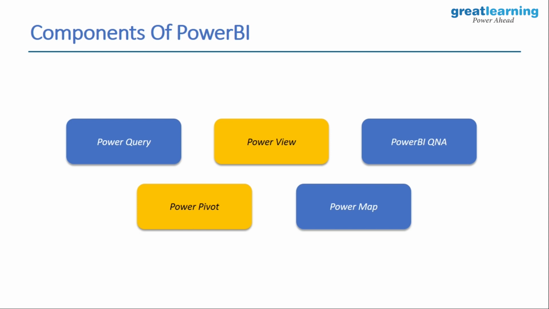Now, when you talk about mobile apps, these are important. One, you cannot make changes to your data or to your visualizations when on mobile. But let's assume that you're stuck somewhere and you need to take a look at a report that has been sent or a dashboard that has been shared. If somebody shares it with you on your phone and you have Power BI, you can take a look at that particular dashboard or visual using your Power BI mobile. So again, guys, there are other sub-components, but these are the core ones. I believe by now, the different components of Power BI are clear to you.